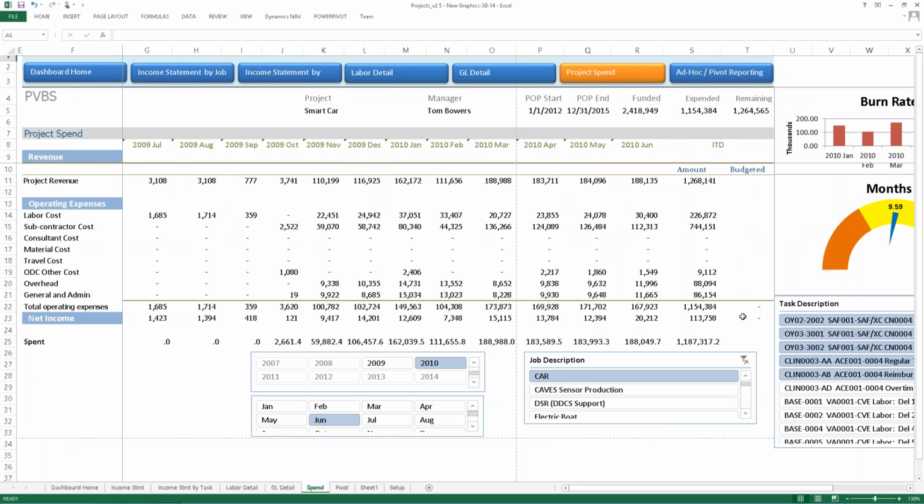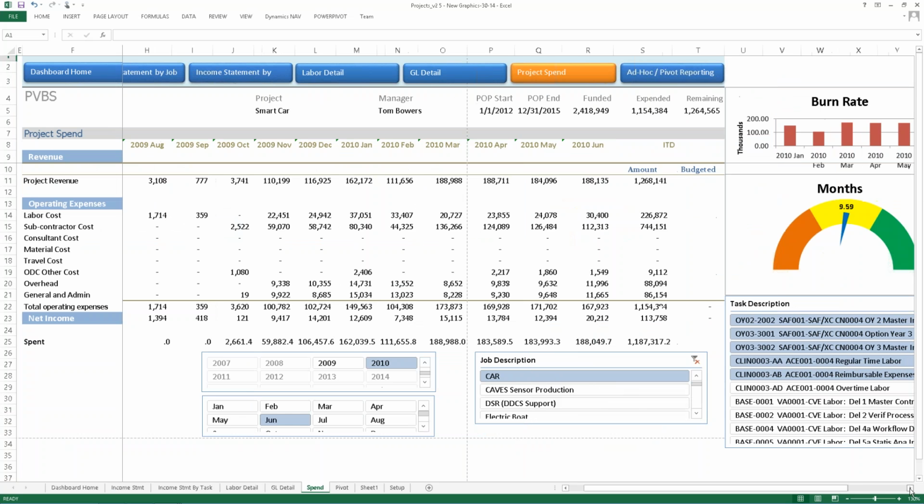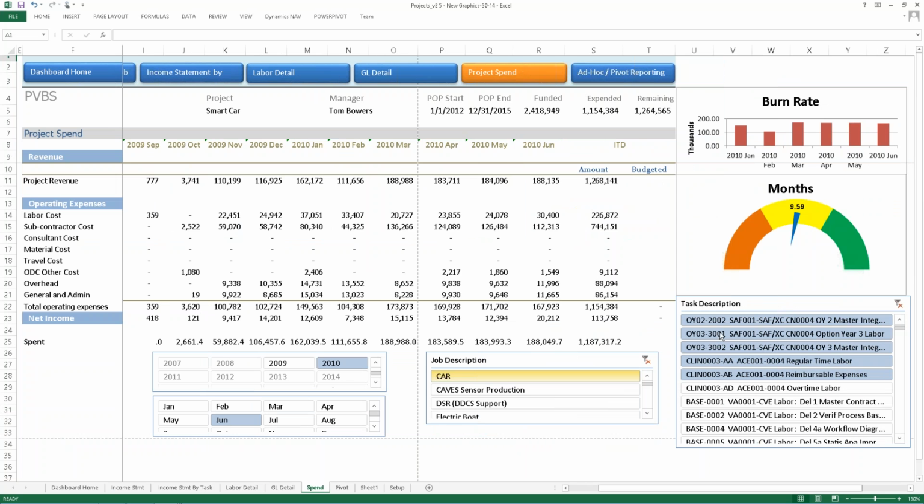So when I drill into that, here's my burn rate report, and it's showing me for the projects, tasks, and period that I select, the detail regarding for each month revenue, all of my operating expenses, including indirects that have been allocated, net income or loss, and also what was spent. And what you can see is when I select one of these cells and you look up in the formula, there is no value that was keyed in here. It's just looking back to that cube called jobs at a measure called total spent, filtered by the different slicers